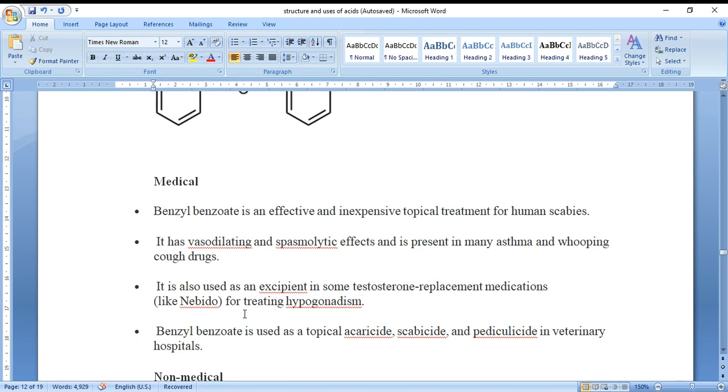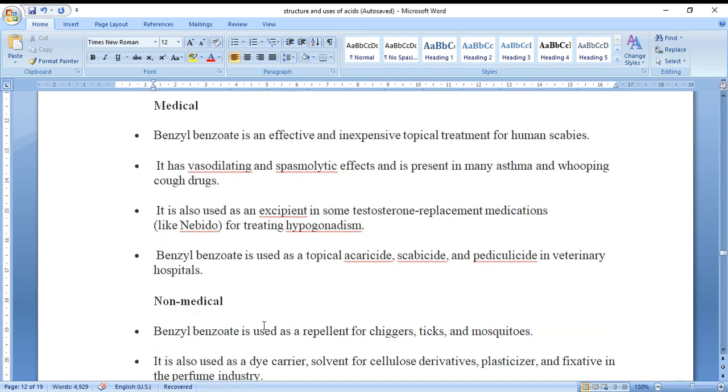It is also used as an excipient in some testosterone replacement medications for treating hypogonadism. You people know hypogonadism. Gonads are the reproductive organs, so malfunctioning of the reproductive organs is called hypogonadism. To treat it, we generally use Nebido. In that, one of the excipients is benzyl benzoate, and it is also used as a topical